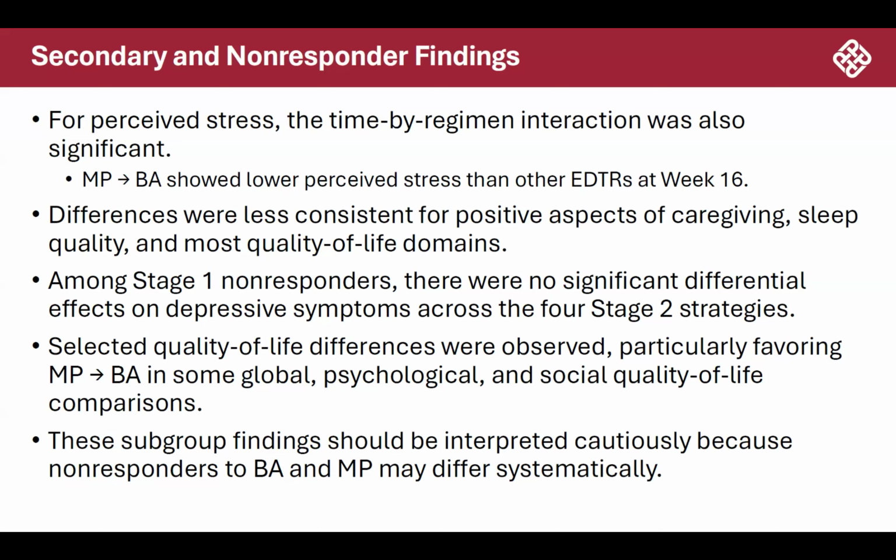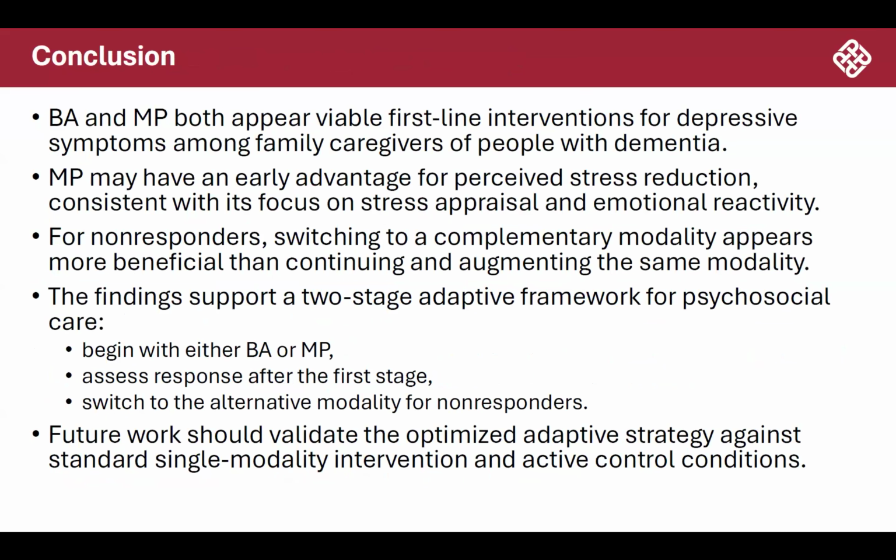So you may argue that in stage 1, some of them may already have improved in different secondary outcomes, but for the switching and for the non-responders, we only target the primary outcome of depressive symptoms. So there may be some issues with the secondary outcomes if we don't look at them in the treatment consideration. So in conclusion, we found that BA and MP are very promising first-line treatments for depressive symptoms